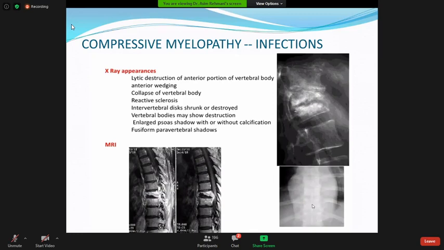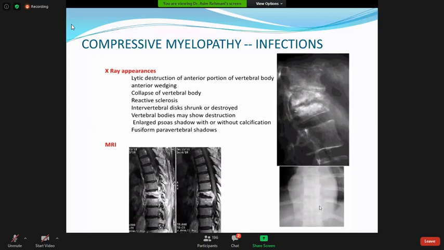This is an AP view of a patient with spinal tuberculosis with paravertebral abscess. You can see this is the vertebra which is compressed, as we can see the decreased height of this vertebra, along with the paravertebral abscess. You can see the soft tissue. This is not hard. This is the paravertebral abscess, which is showing soft tissue on both sides of the vertebra